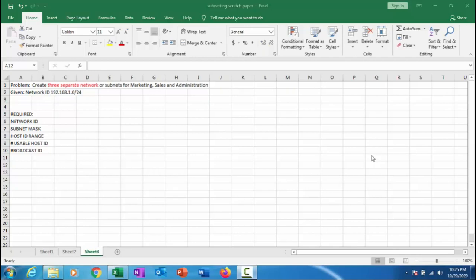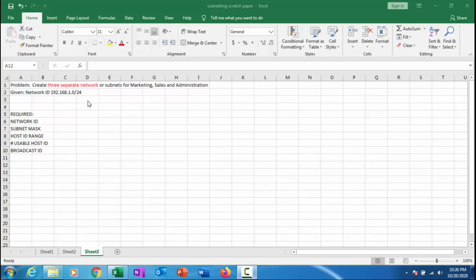As an example, the problem is that you are supposed to create three separate networks or subnets, one for marketing, one for sales, and one for administration, given the network ID of 192.168.1.0. From the subnet mask or shortcut notation is /24,